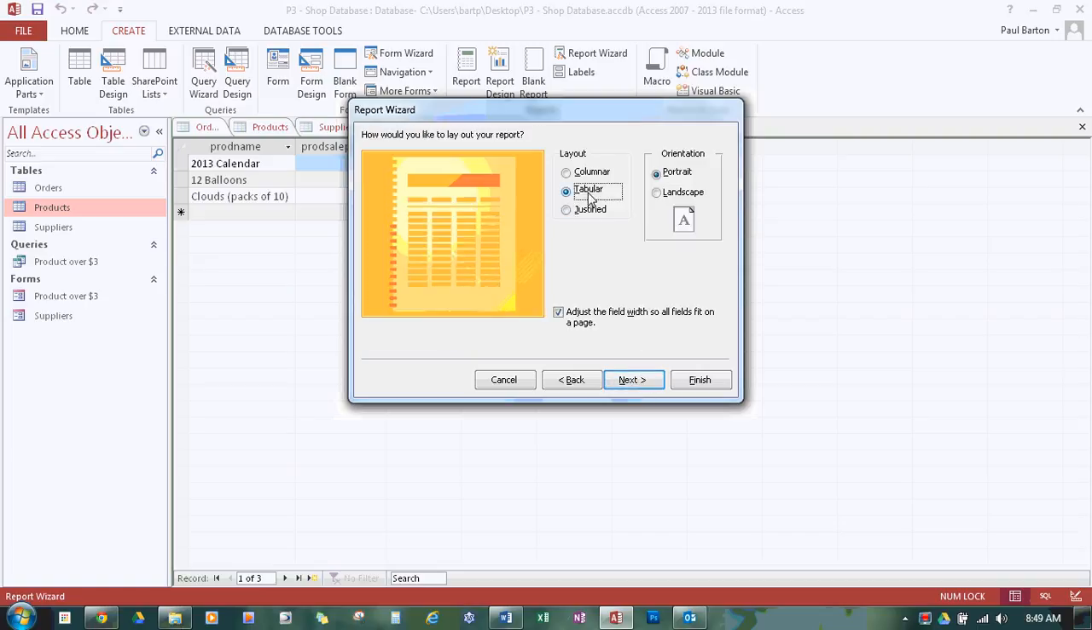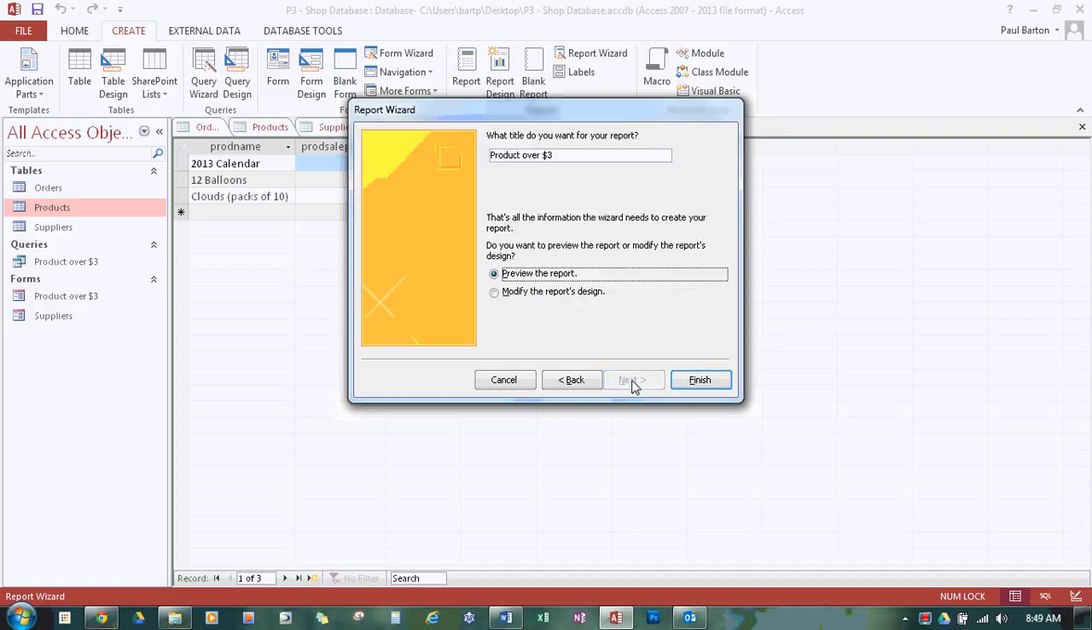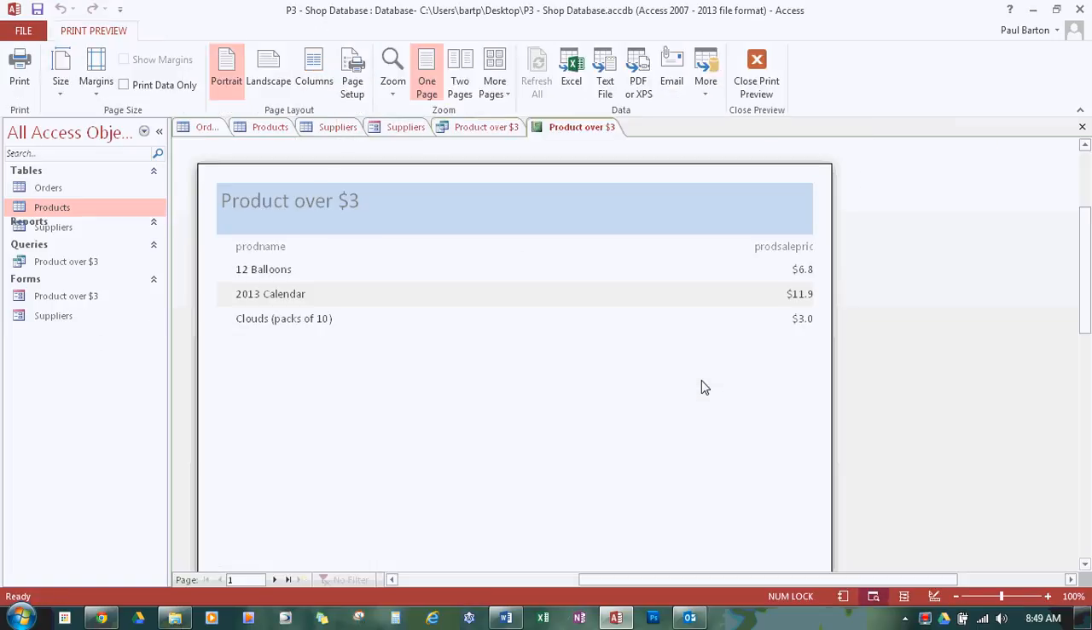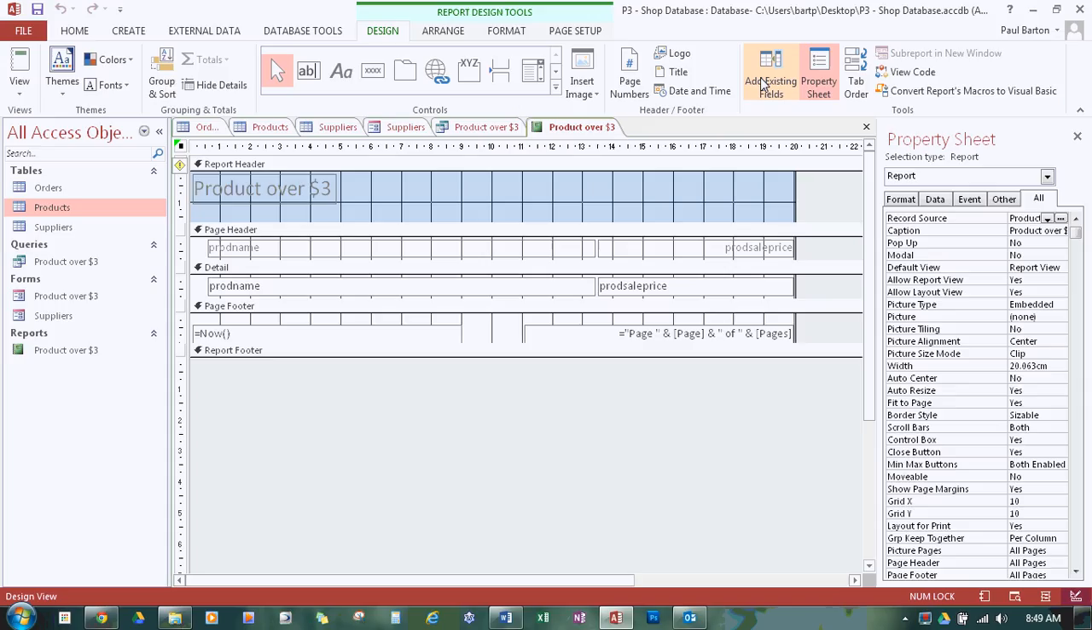Again, tabular is probably the best way to go because we want everything, we can see it all at once. You can make it landscape if you want, if your data makes you do that. Hit next. There we go, we're happy with that. And that is basically in a format that we can now print. Again, you don't want to actually print that, so what you're going to do is you close the print view